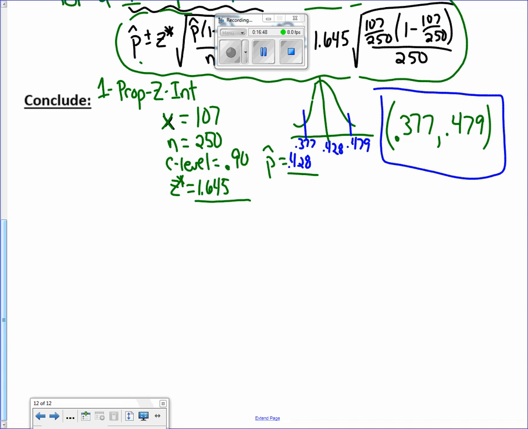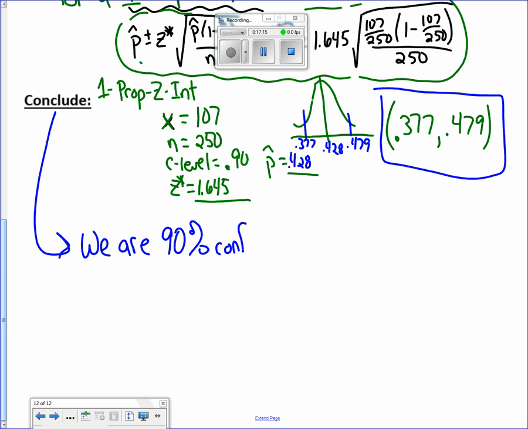You could go back, flip your paper over to the notes right now, and the previous page has a fill in the blank. Now, in the fill in the blank on the previous page, it says I am, but for some reason we always talk in terms of we with this whole book and everything. So my conclusion's right here. And I like saying we because we all work together as a team. We are 90%, because that's the level we used, confident